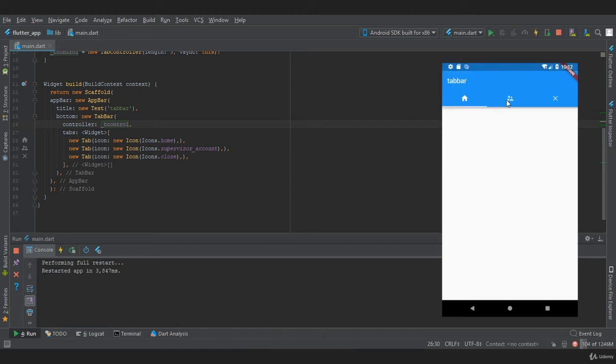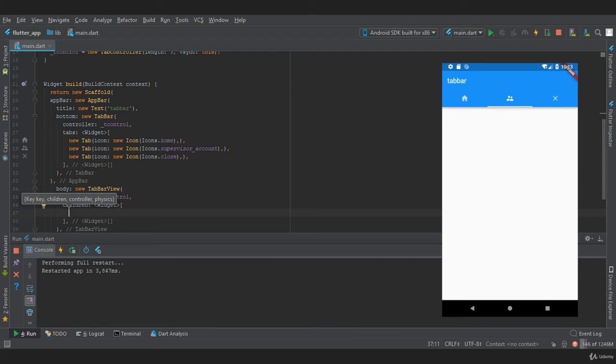Now as you can see, we have successfully created the top tab bar, but we don't have a body for the tab bar. So in scaffold we are going to create a body, and in this body we are going to provide a new tab bar view. Consider this tab bar view as the body of the different tabs. In this we are going to provide two properties, which are controller, which will be t control, and the second property is the children property, which accepts a list of widgets. In this we are going to provide the body of the different tabs.